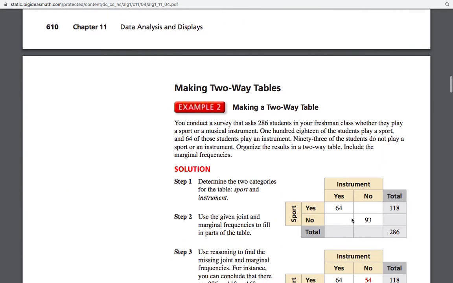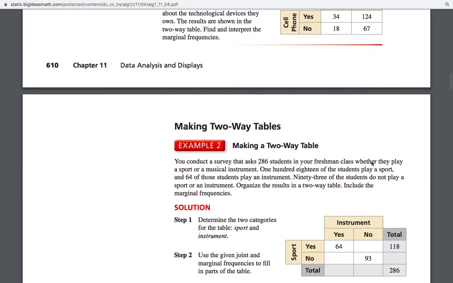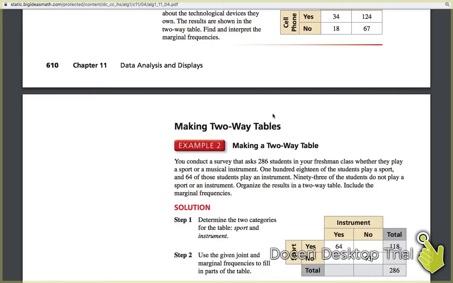Okay, so now making a two-way table. If we're looking at this problem, you're just going to be given this, right? You're just given that. You're not given the two-way table that it shows on the side there. So if we're going to make this,